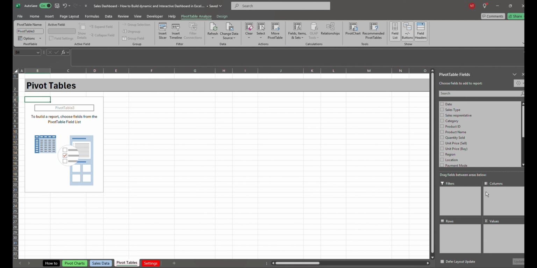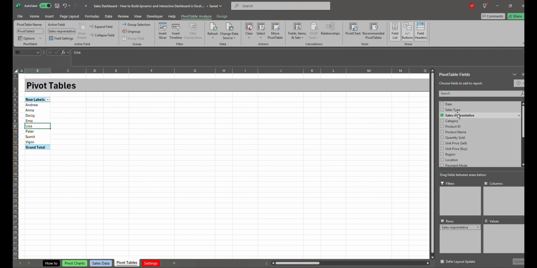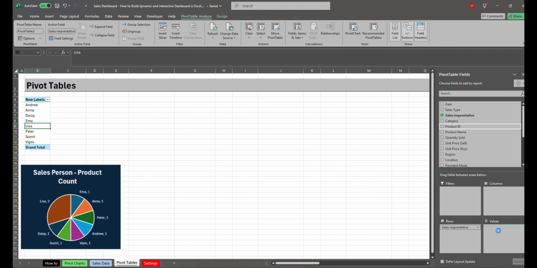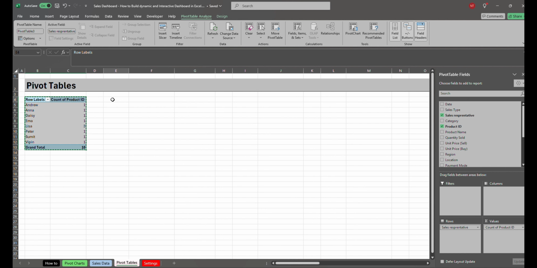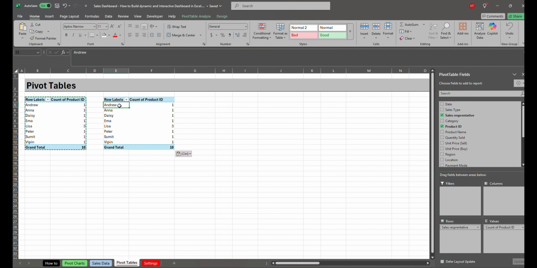and a basic structure of pivot table is created. Now we have all these rows, values, columns, filters into these different sections where you can drag all these fields to create different pivot tables. And my first table is to see the count of products each person sold. So my sales rep will go in the row section and the values will have product ID. So I'll copy this and paste it to create my second pivot table,